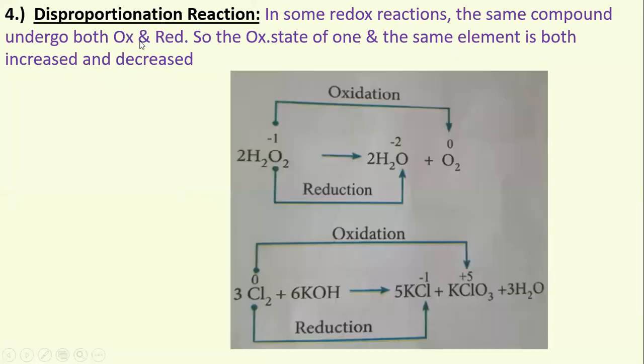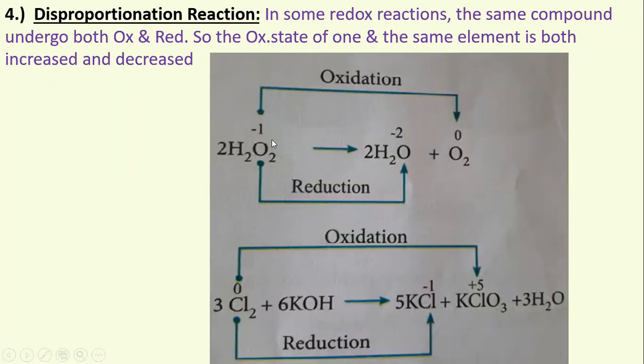So in a redox reaction, the oxidation state of the same element gets decreased and also increased. Both take place simultaneously. See here, we take the example H2O2. We all know what is meant by H2O2: that is hydrogen peroxide. And you also know how to calculate the oxidation number. The products obtained will be H2O and oxygen. See here what happened. Oxygen on the reactant side has the oxidation number -1, whereas if we calculate for the product side, the oxidation state is -2.